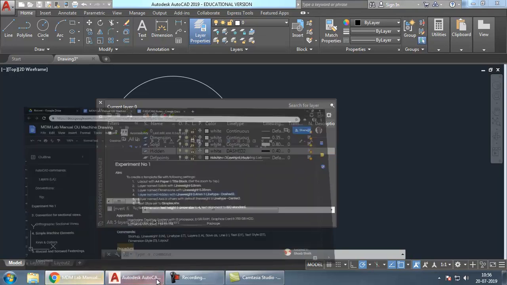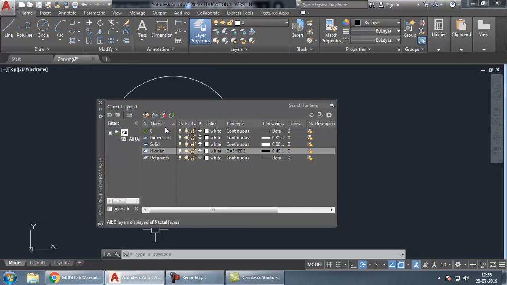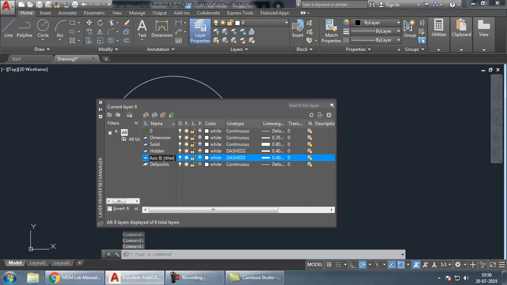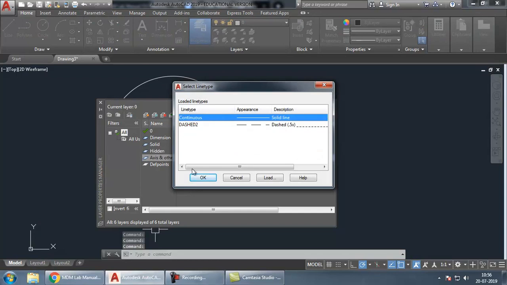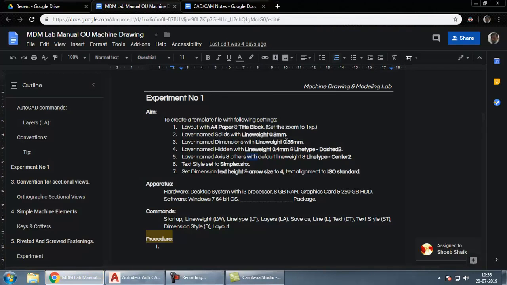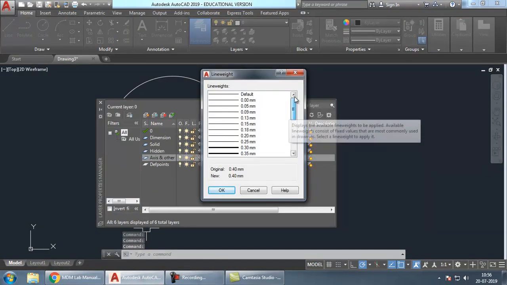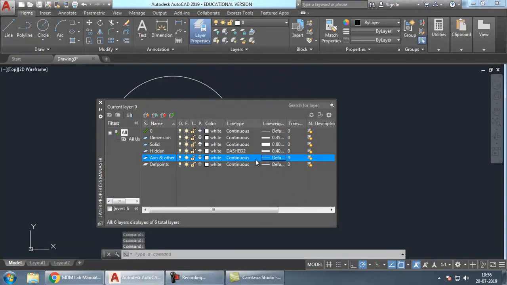And I think one more layer is asking. Is he asking? Yeah, axis and other layer. So one more layer I want. Click on the new layer. Name it as axis and other lines. So this one I want that to be continuous. Line type is continuous. And yeah, line type I have to change. Line weight I'll just keep it as default.